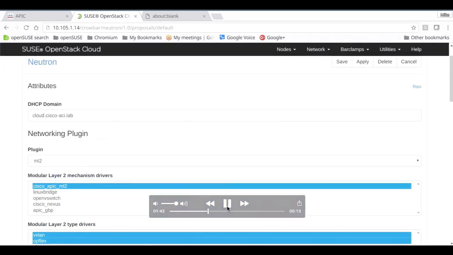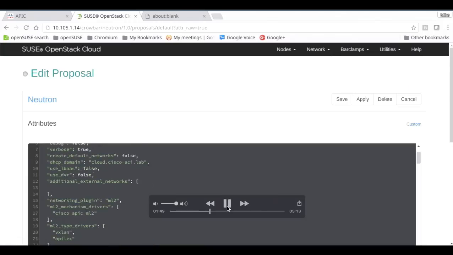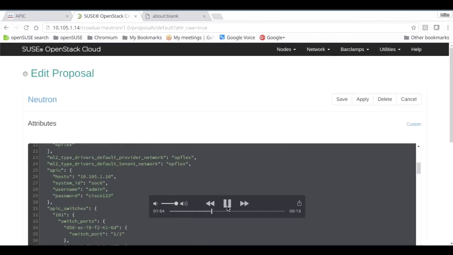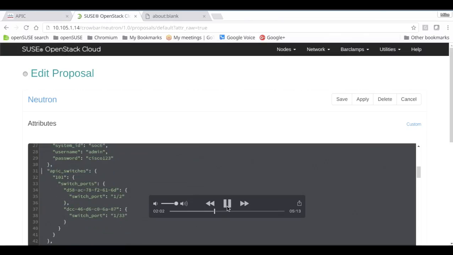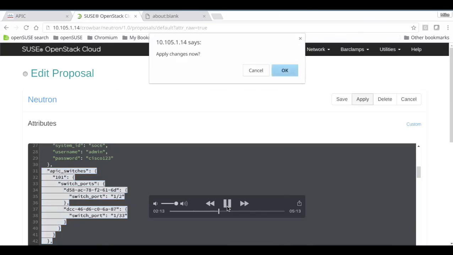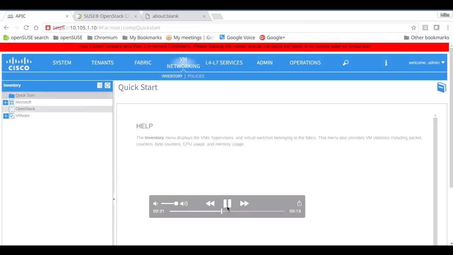I won't go into all those details, but we're basically going to make some additional changes that have to be made within the attributes. We didn't have time to put some of the things into the fields, so you just have to go in and add some things about your APIC's ID information, some information about the APIC switches. And this is all stuff that comes from the previous command you saw where I was trying to figure out what port I was plugged into. That stuff comes out of that. So once I make all of those changes, then we're going to go ahead and apply